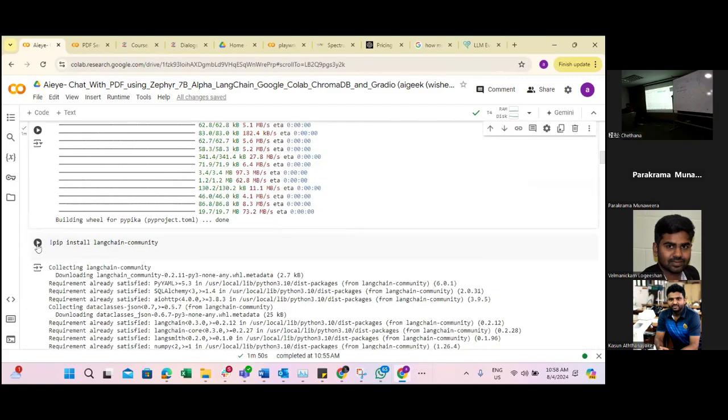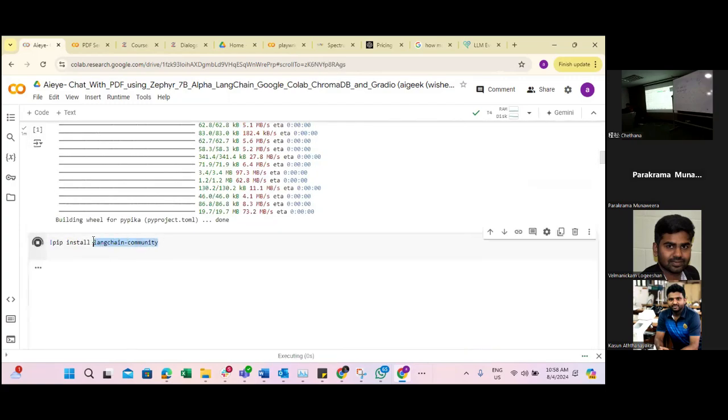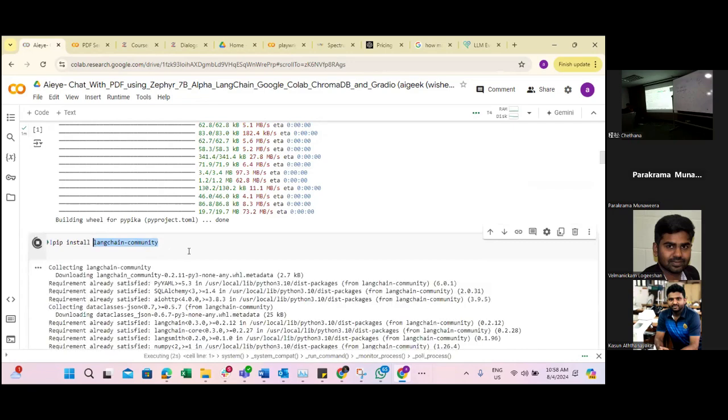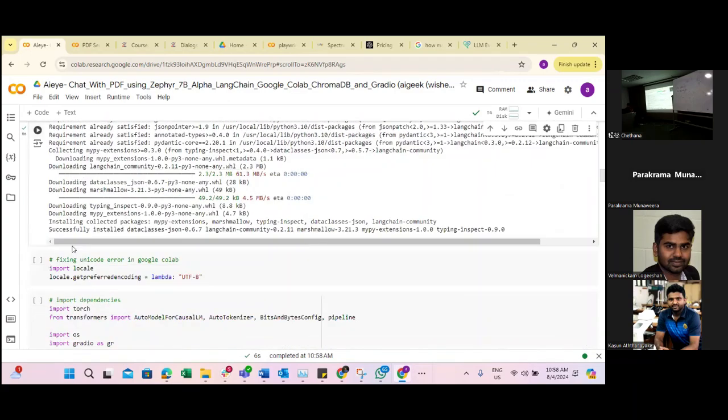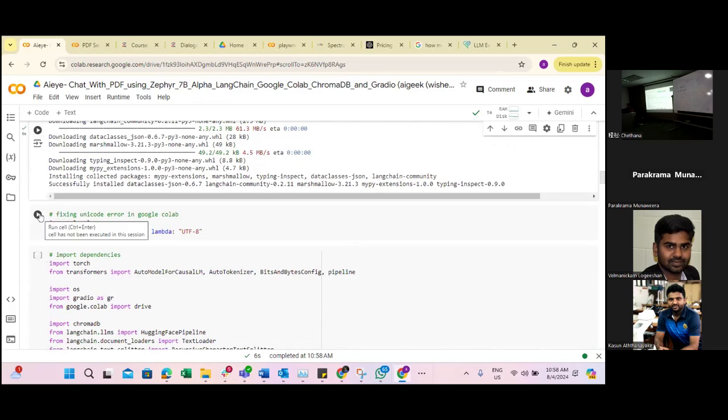Okay, I installed it, and the LangChain community is the one. They are free and open source. They are building up a lot of libraries to do the tokenization, vectorization, embedding, semantic routing. They have all the stuff that you can name for LLMs. So I have installed it. After that, I'm going to